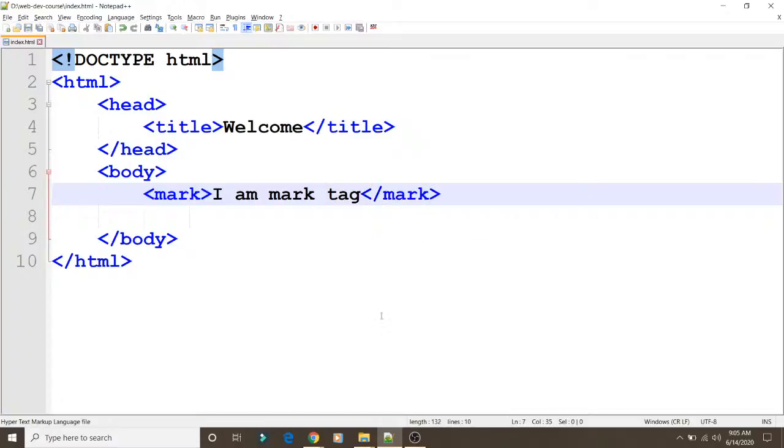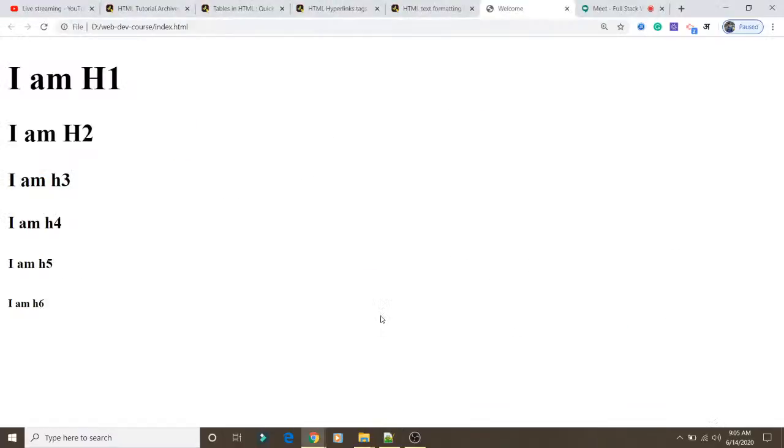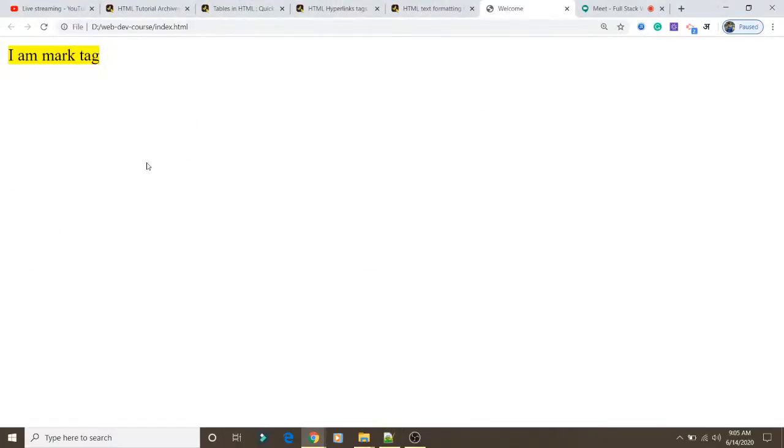We'll save, and parallelly we will refresh the page. You can see over here the text whatever you have written is highlighted with the yellow color, the background of that particular text. Completely this line is within the mark tag, so because of that it is highlighted.